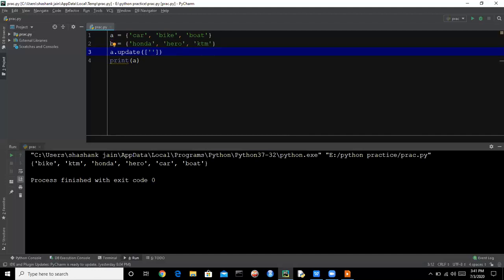So if you want to update the set with the values like cycle and plane, so we are having a list. So it will also update the set A and the cycle and the plane values will be added. So here we are having boat, car, cycle, bike, plane. So this is how the update function works. I hope you understand the set functions.